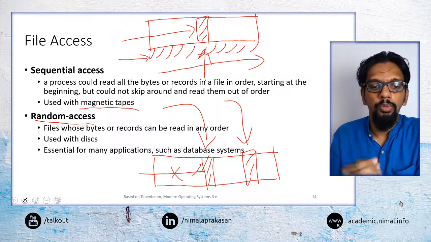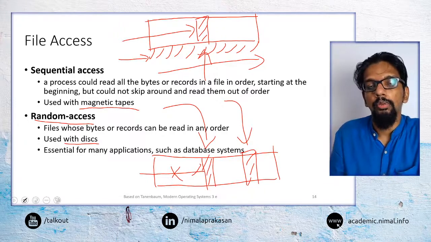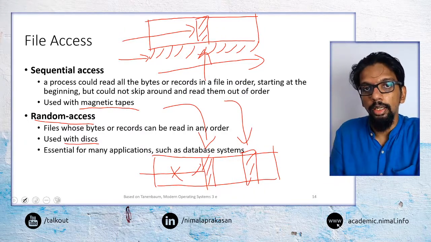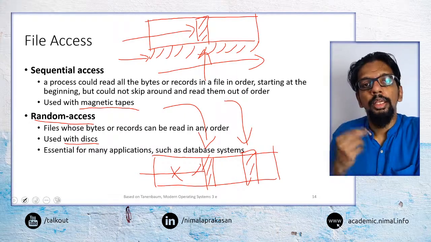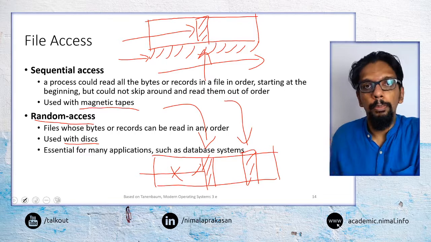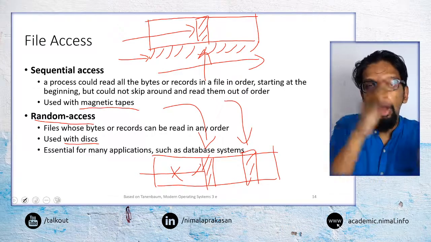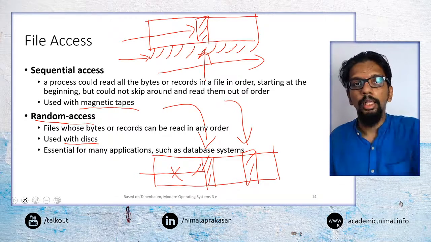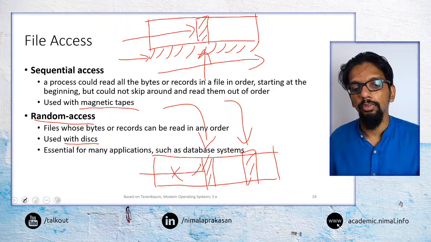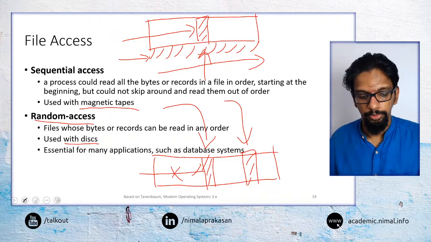This is what we would use in most disk-based storages. We can go and directly read a particular file. And this type of random access is something that would be needed in many applications. If you want to quickly read some information and any part of the information should be readily available, we should be able to quickly access a particular part of the information. In such situations, we would prefer to use random access based file systems.